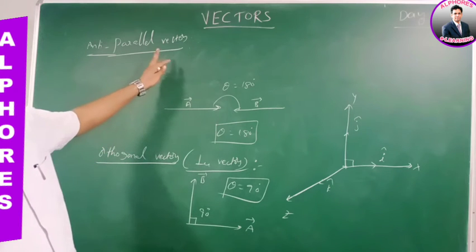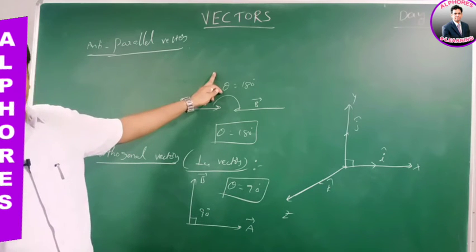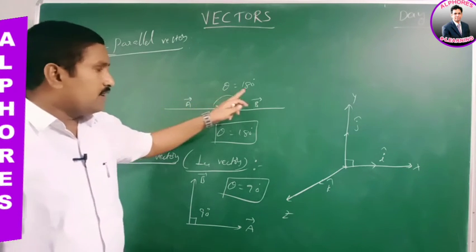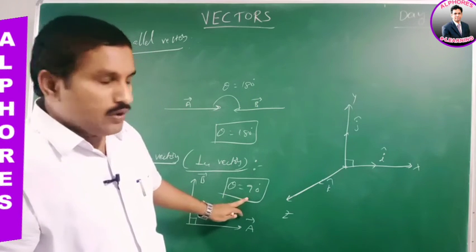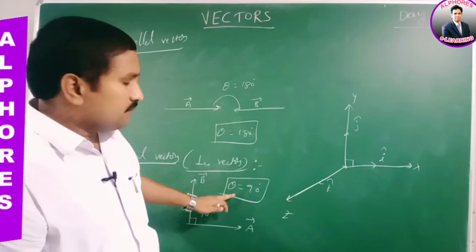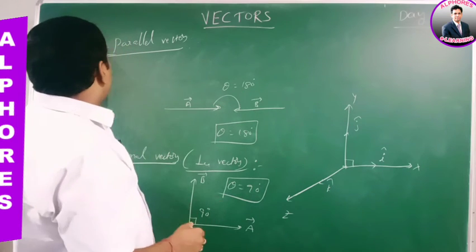So for parallel vectors, theta is equal to 0 degrees. For anti-parallel vectors, theta is equal to 180 degrees. For orthogonal vectors, theta is equal to 90 degrees. We have to remember these values. Okay. Now after that I am going to